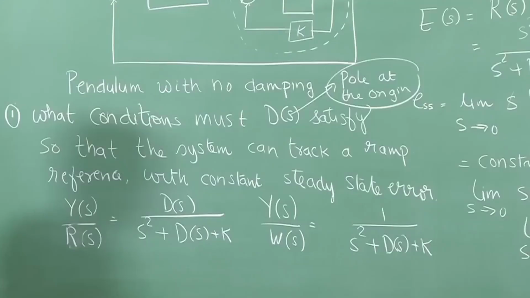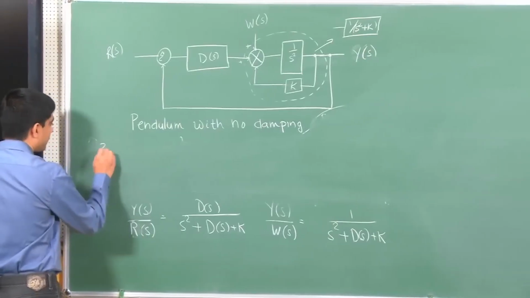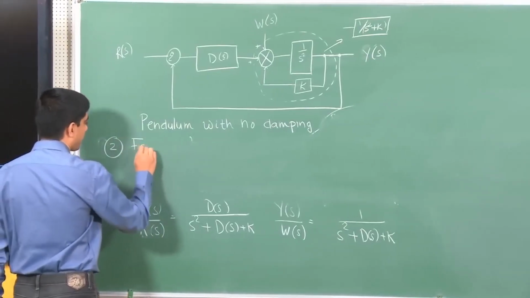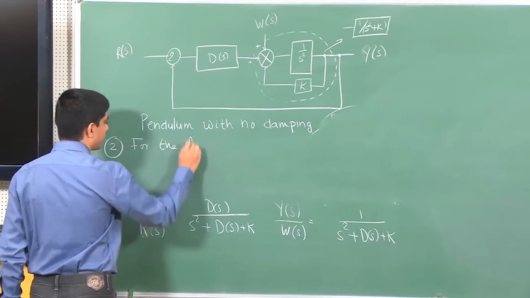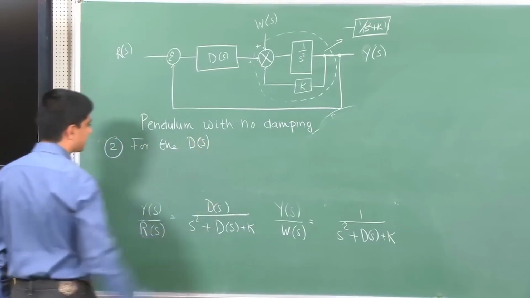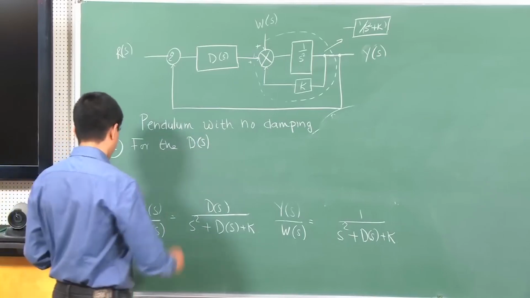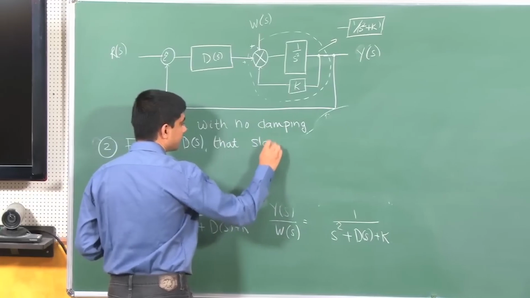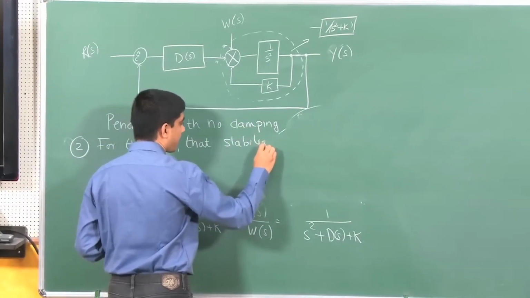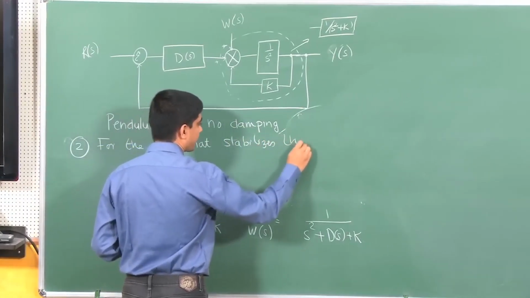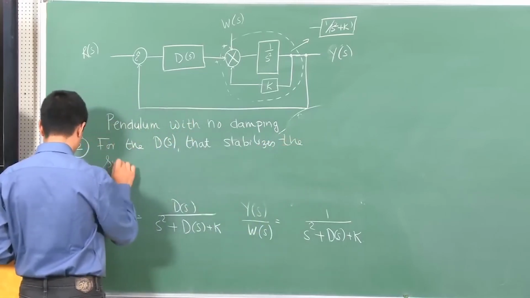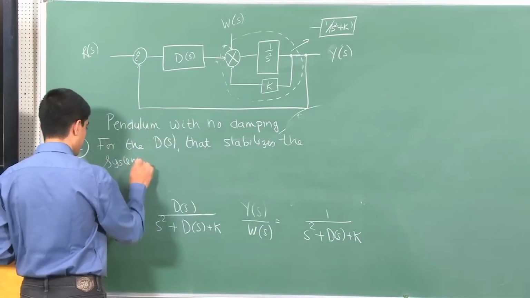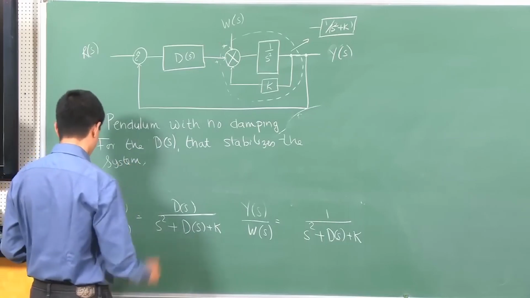Okay. This answers the first part. Now, in the second part, for the ds which we obtained in part 1, which has a pole at the origin. Now, for that ds that stabilizes the system, find